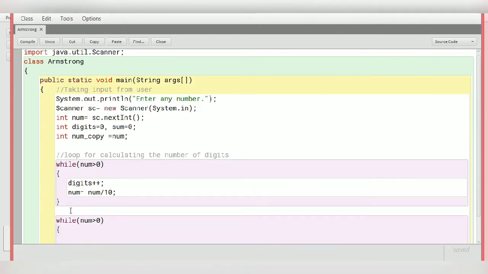Okay, so let me write a comment over here first: loop for checking whether the number is Armstrong number or not.